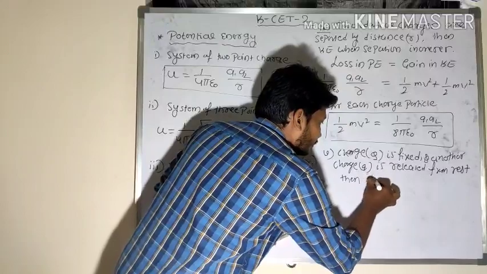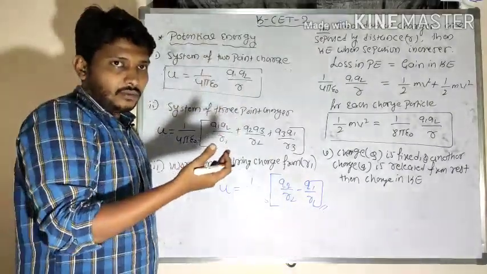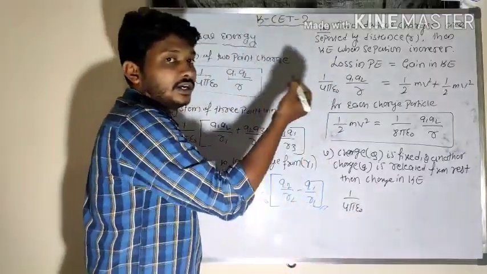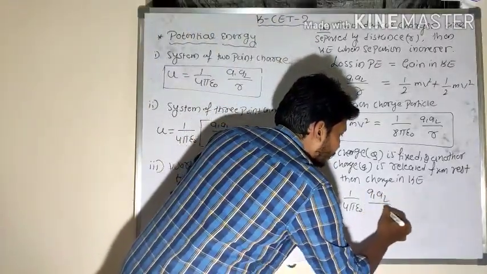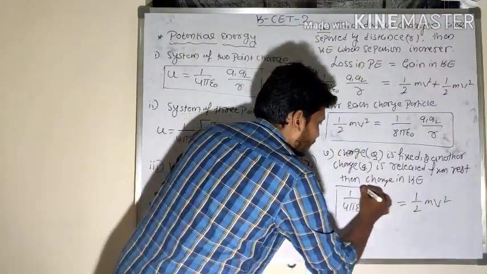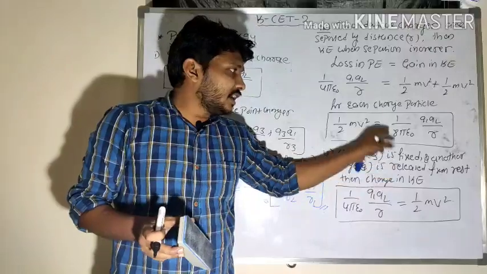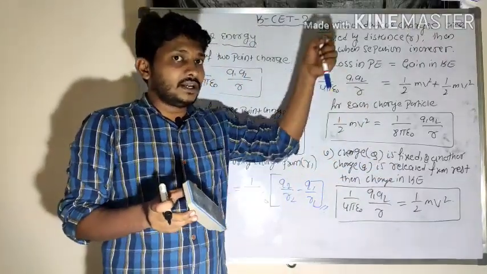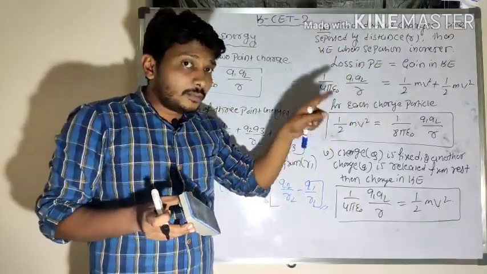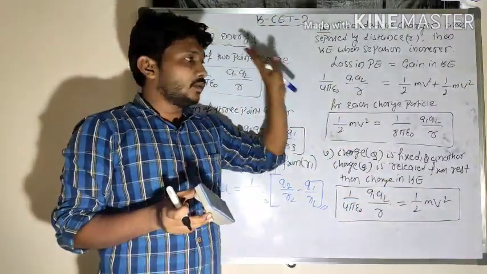Then the change in kinetic energy here. Work done is equal to what? Work done is equal to the change in kinetic energy. Work done is nothing but the potential energy; work done is stored as potential energy. Q1 into Q2 divided by 4 pi epsilon naught R is equal to half of m into v square here. So this is the required equation for when one charged particle is fixed and, at a certain distance from that fixed charged particle, one more charged particle is released from rest. Then the change in kinetic energy is equal to the potential energy here. I hope you are understanding these things.